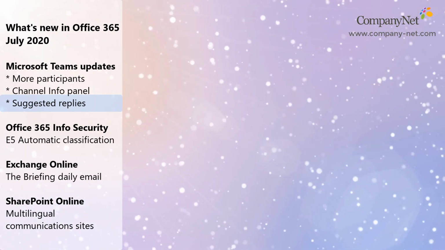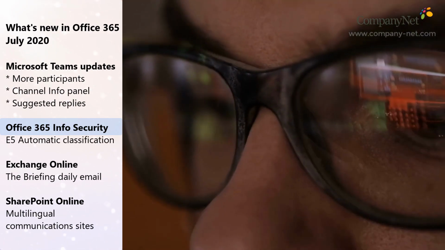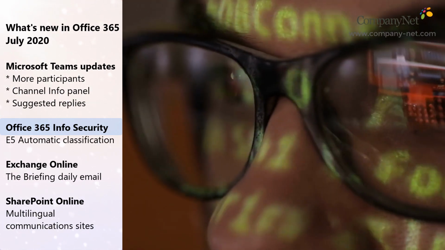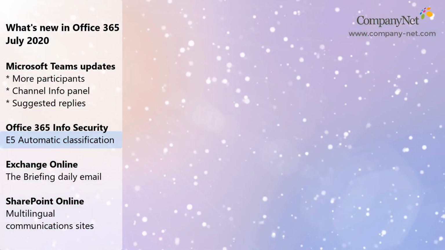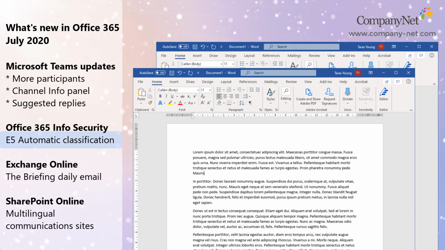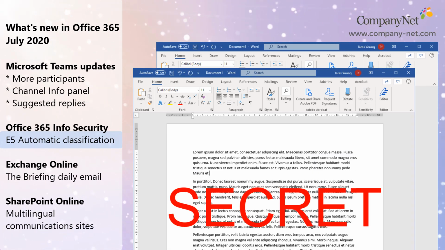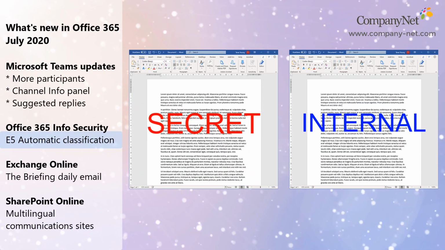Next up this month, we all know how vital data security is, so there's good news about a boost to information protection. Automatic classification with sensitivity labeling is being made available on all Microsoft 365 E5 subscriptions. Sensitivity labels are at the core of Microsoft 365's information protection capabilities. They let you define meaningful labels for content such as secret or internal, then associate labels with protection features like